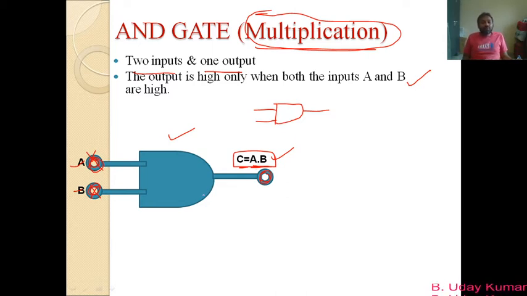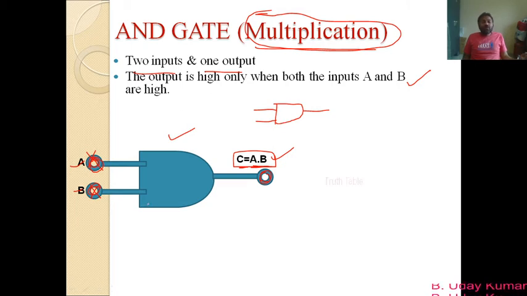So now the entire operation of this AND gate can be understood with the help of a table which we call a truth table, and that truth table we try to understand now. And again, I am mentioning here that the operation can be understood with the help of diodes, but that we will try to understand in some other video, not in this video.